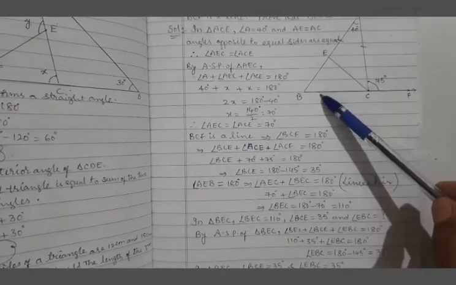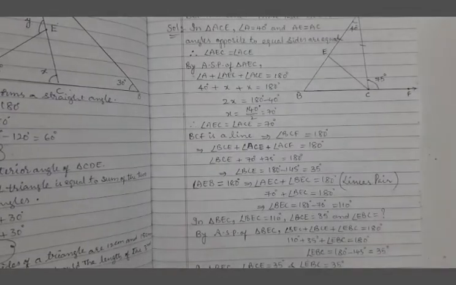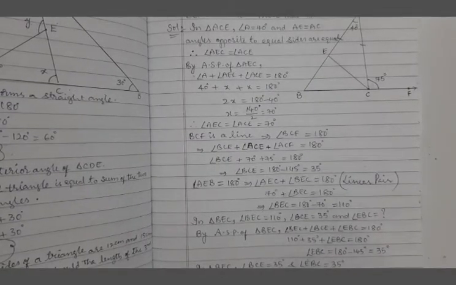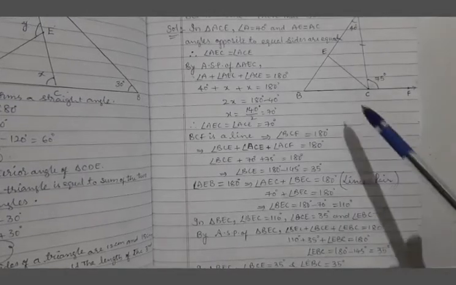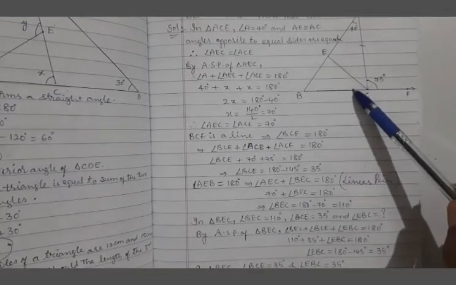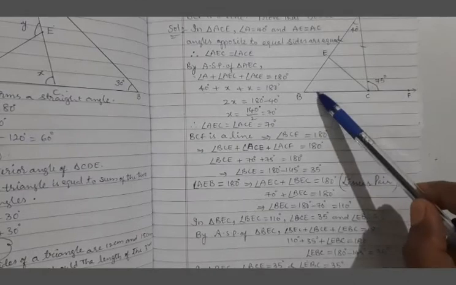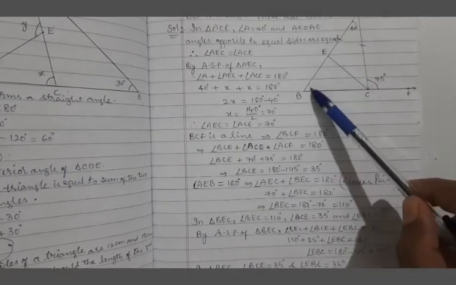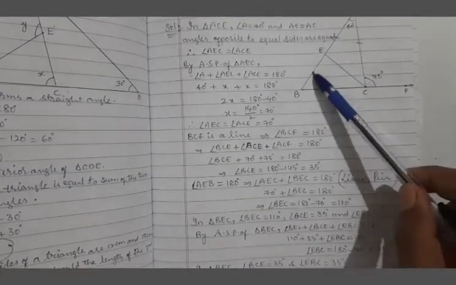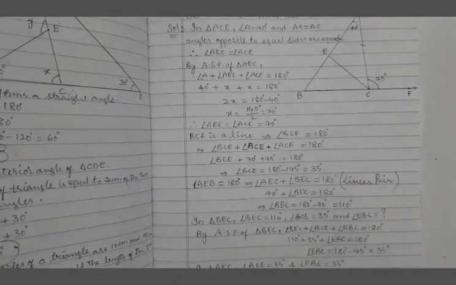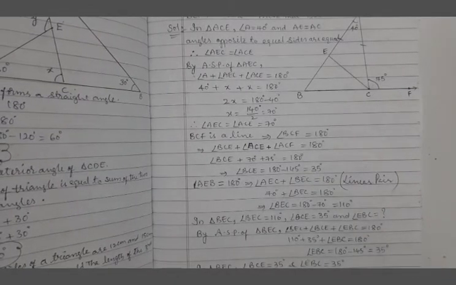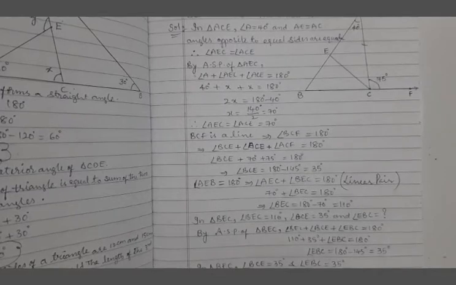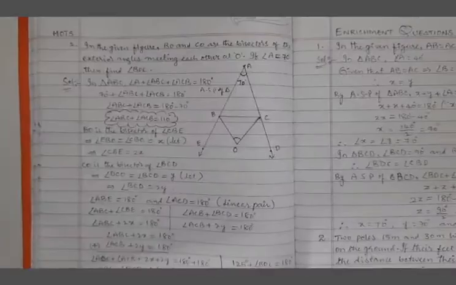So angle B is equal to 35 degrees. So angle BCE value 35. Angle EBC value also 35. Have you noticed this was 35? 3-4 times I repeated. This now we got as 35. 35, 35. Then their opposite sides will become equal. That is BE is equal to EC or CE. Therefore, the triangle is an isosceles triangle.